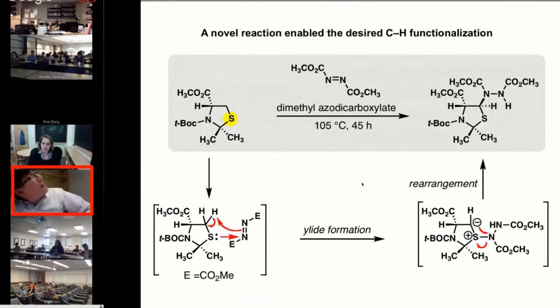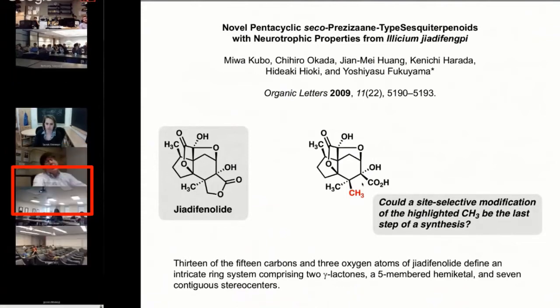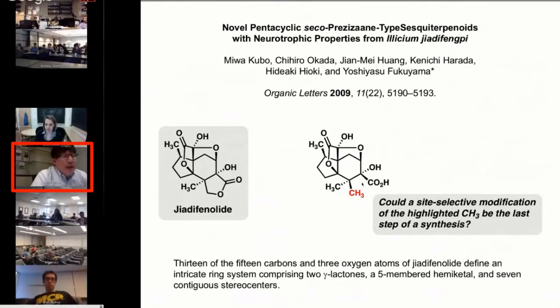So the next slide. So we had this work by Woodward in mind, and also, there was a rather large collection of CH oxidation reactions. We had these reactions in mind when we started to think about jodaphenolide as an objective for synthesis. And when I say we, I mean